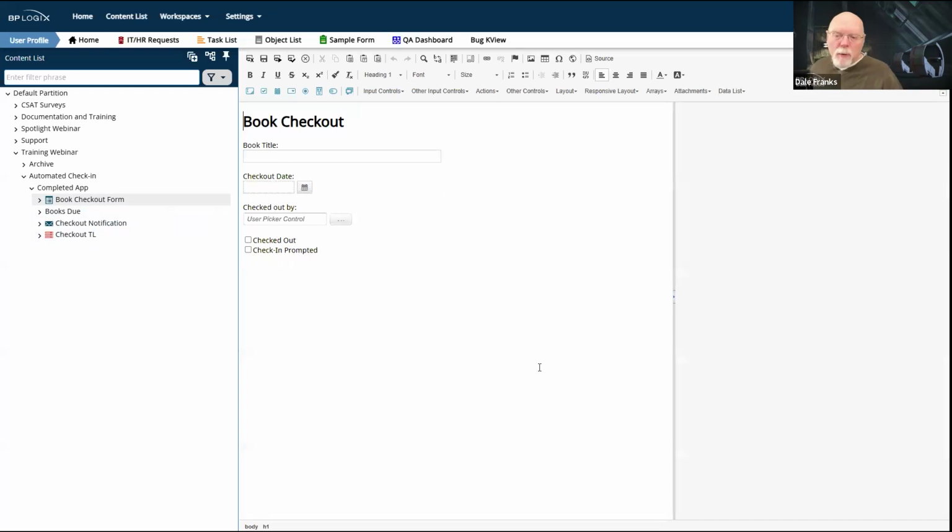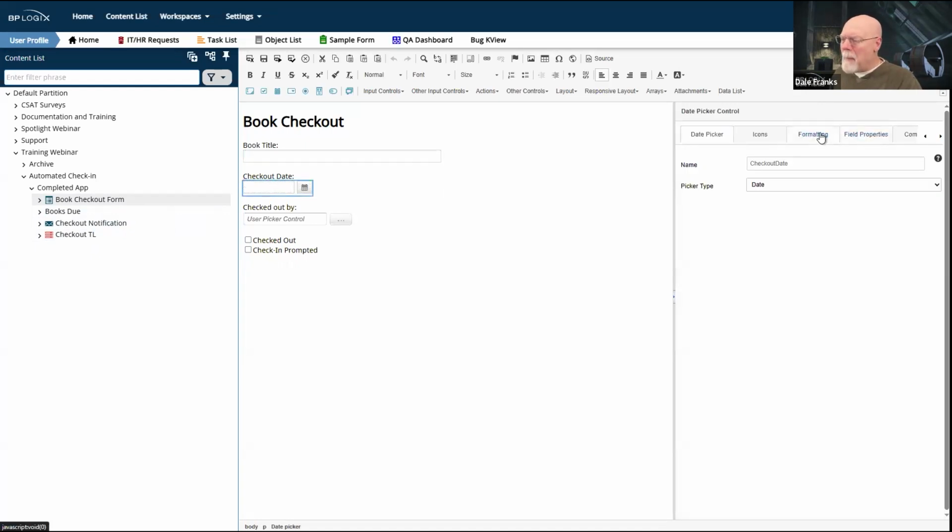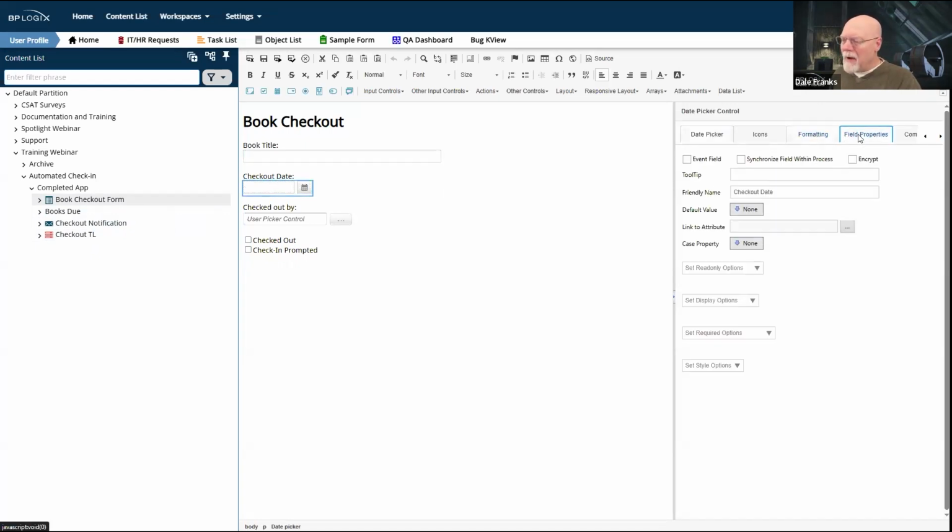There's nothing super complex about the form for the first three fields. Whenever I check out my book, I'm going to put in the title. Need to put in the checkout date, which I think actually gets placed in here automatically. So I don't even have to fill that out. No, it doesn't get filled out automatically. I have no default value. Maybe I have a set form data or something. I'm not sure. We'll set the checkout date.